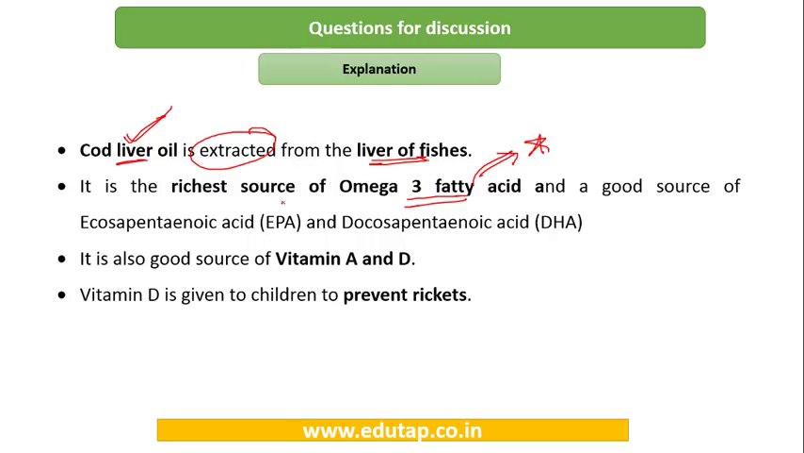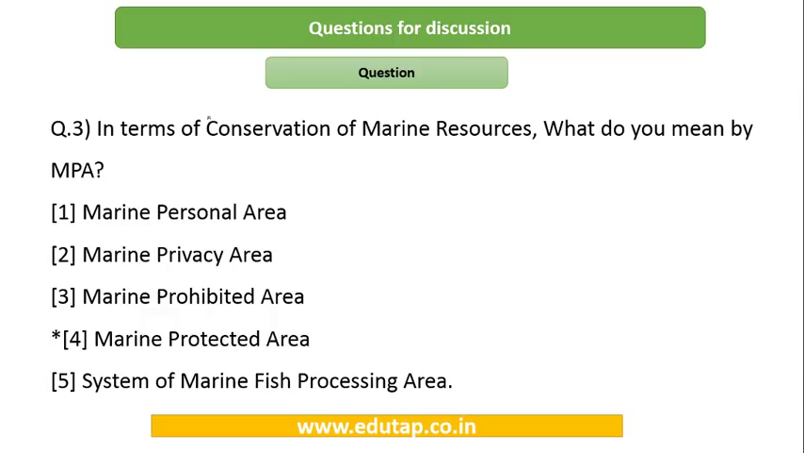There are other things as well. It's called EPA, eicosapentaenoic acid. It's like a tongue twister, so kindly have a look at it and at the abbreviations as well. This also needs to be kept in mind. Obviously vitamin D is given to children in order to prevent rickets, where the joints are becoming hollow. Okay, next, the third one: in terms of conservation of marine resources, what do you mean by